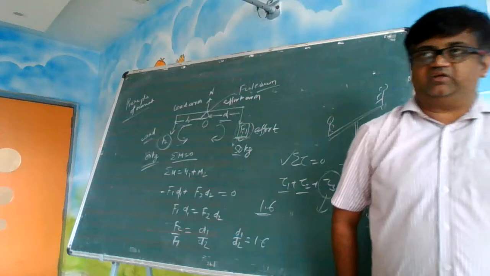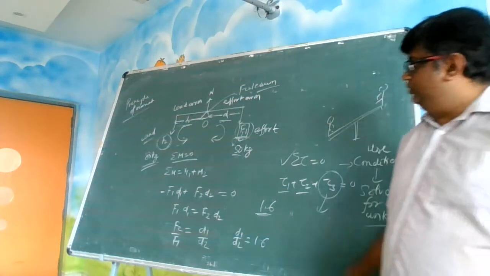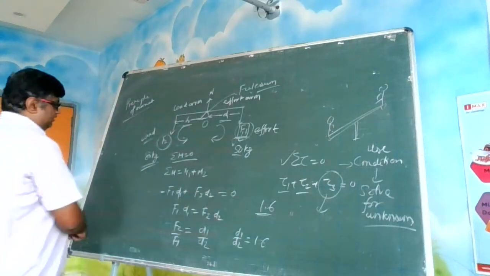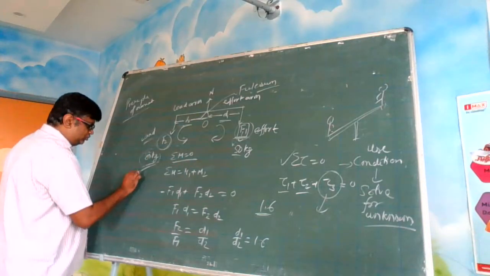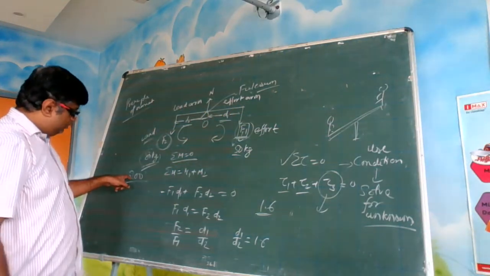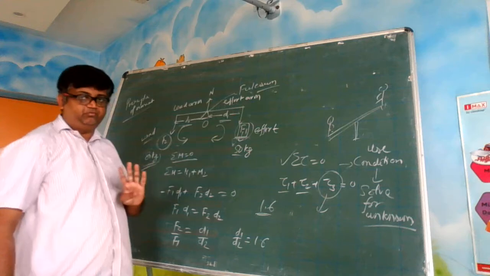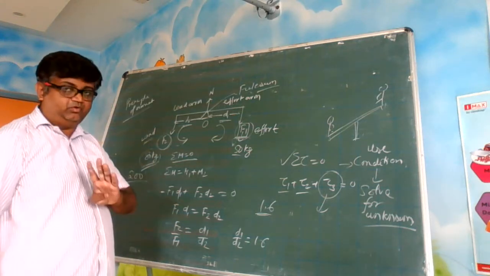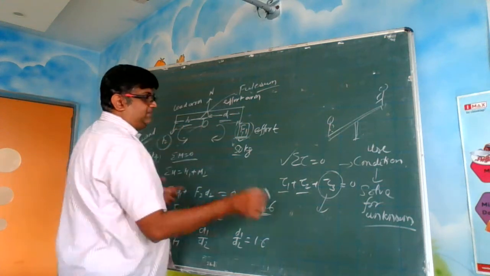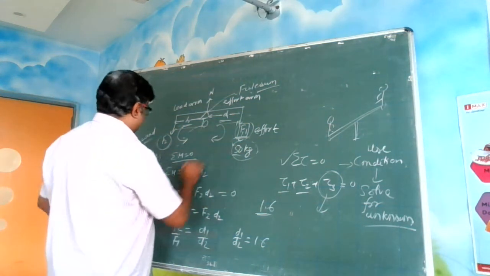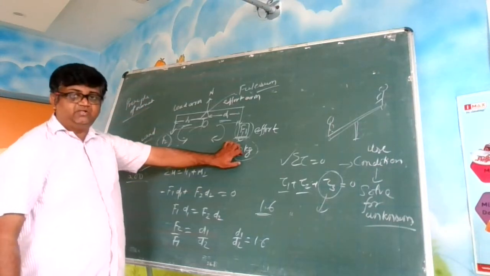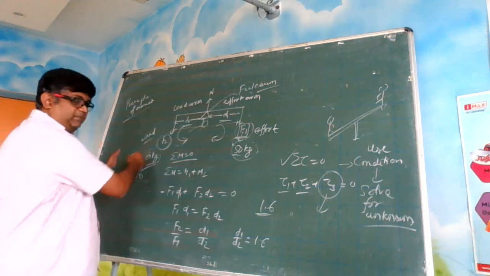Mechanical advantage. So what is the use of it? Using a lower mass, you can lift a higher mass. Instead of 80, you can lift 200 also. It depends upon how much space you have here. What will happen? 200 by 50, it will be 4 times. So d1 by d2 will be 4 times. If I keep this 8 meters and this 4 meters, then using 50 kg, I can literally push this up. So with lower mass, I am trying to achieve a major target.